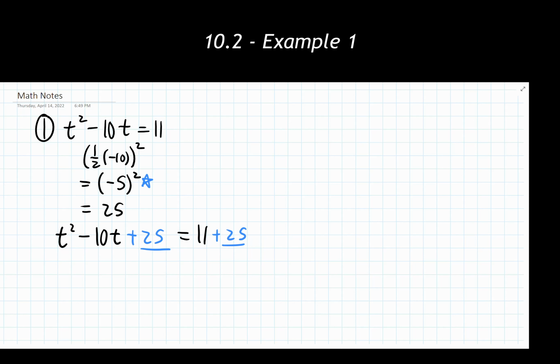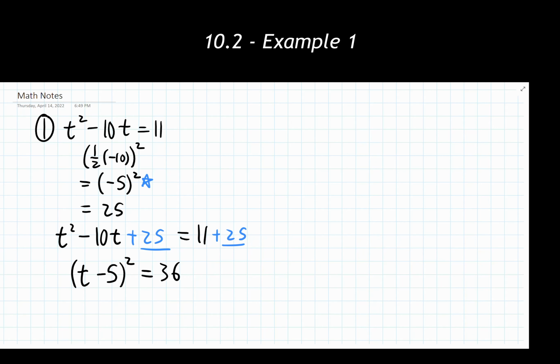Now again, you can go through and do the entire factoring process if you would like to, or if you've shown these 3 steps of work, the number that we have inside the parentheses right here is going to come down and get written right into that set of parentheses. So this thing is going to automatically factor into t minus 5, all raised to the 2nd power. The opposite side, it's just going to be a number. I think this is going to be 36 with this, if my mental math is correct.